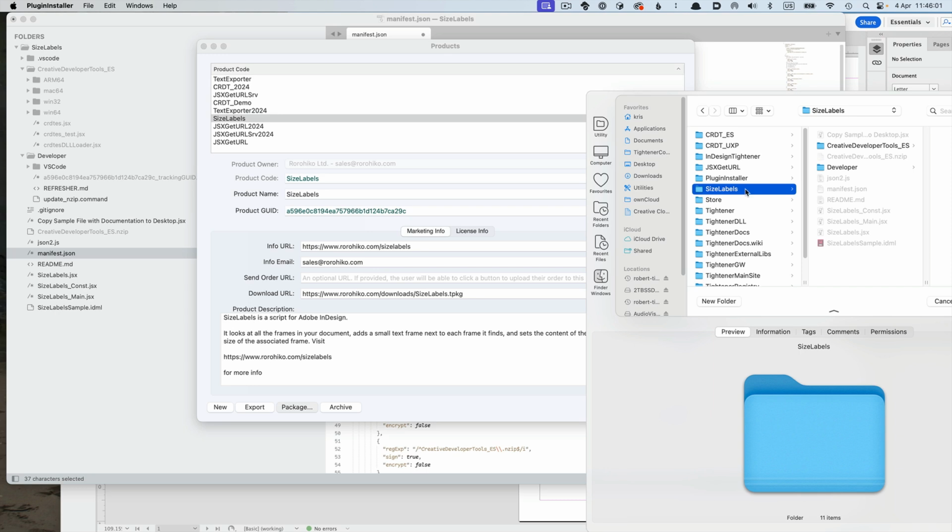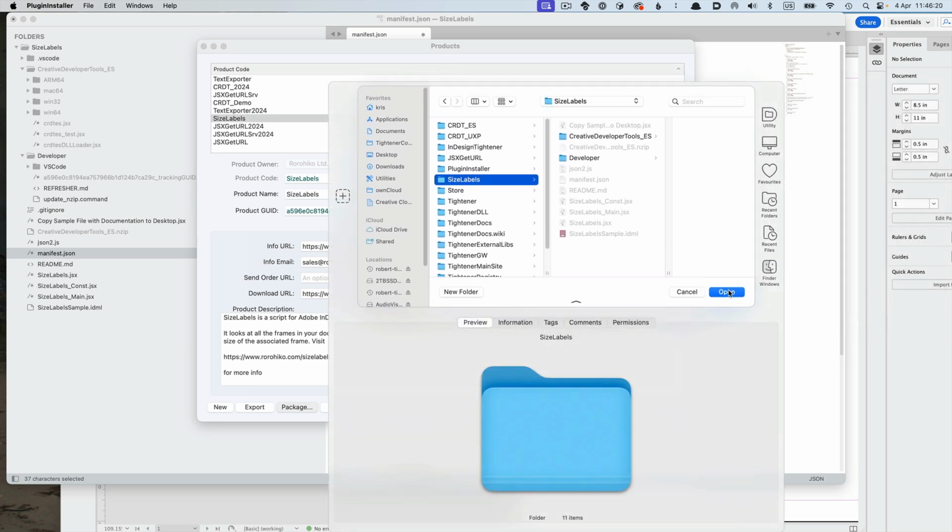If I pick the folder, it will automatically find the JSON file that also has the same product code in it. I might have 5 manifests there, all with different product codes, and the plugin installer will know which manifest to pick based on the product code. Okay, so now all I need to do is say open,